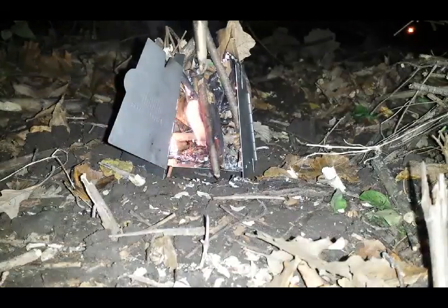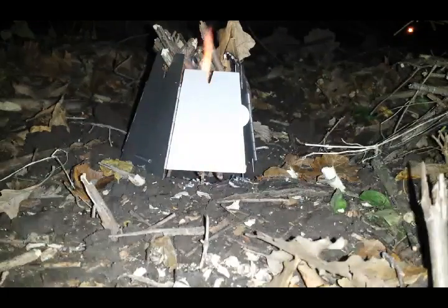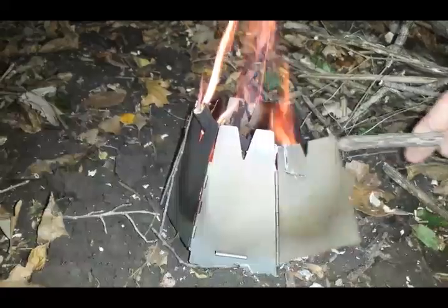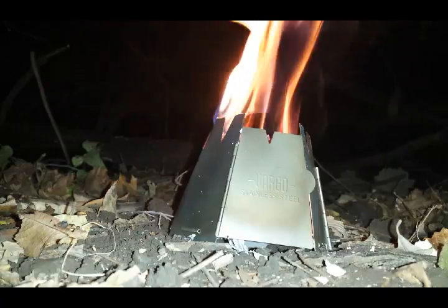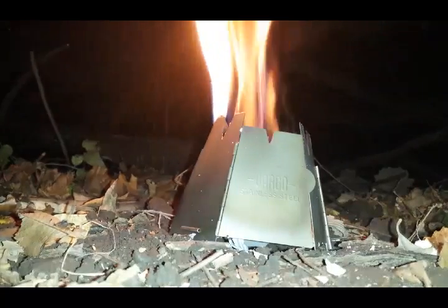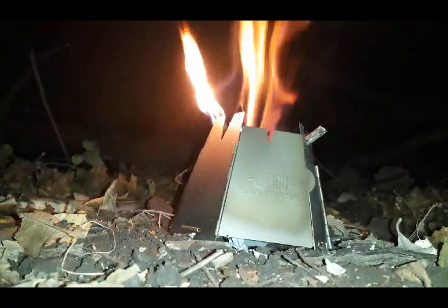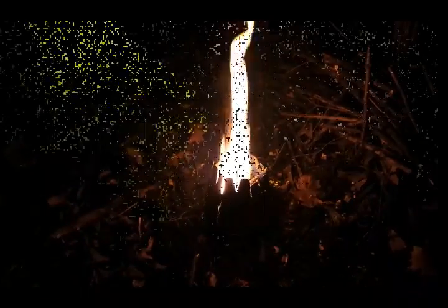So get some of this bigger wood that's real breakable. I tried to find a majority of it as hanging limbs, not just deadfall, but stuff that's actually up off the tree that's already dead. So we'll get her going good. Alright, well,